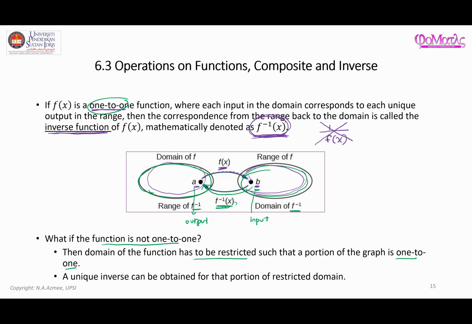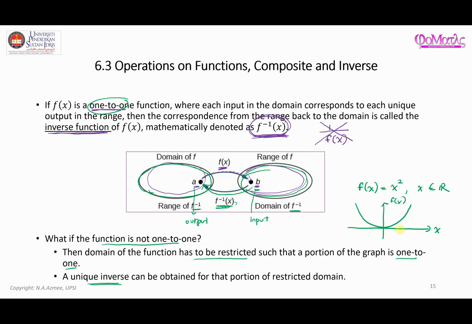Therefore, after that, then only you can find a unique inverse function for that portion. As an example, if I have the following function, f(x) is equal to x squared, where x is a real number, basically it is saying that x can take the values from negative infinity to infinity. So if I draw the shape of this function, this is x, this is f(x), so this is how f(x) is equal to x squared looks like. Now this is not a one-to-one function because, as you can see here,